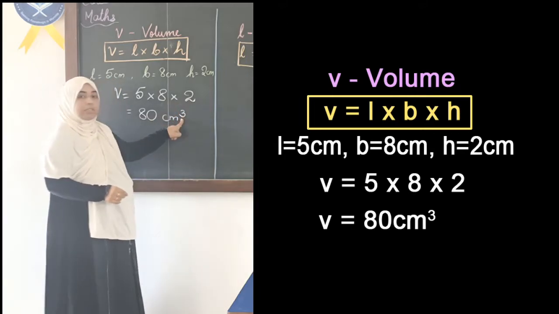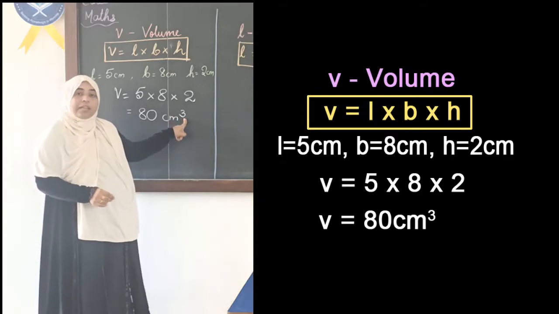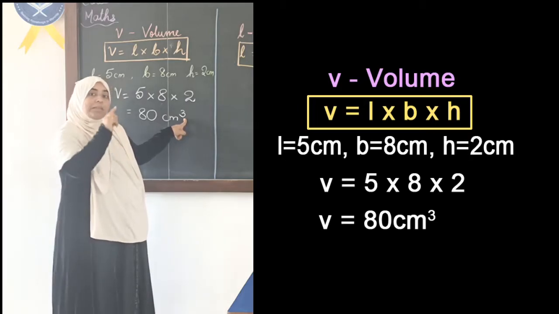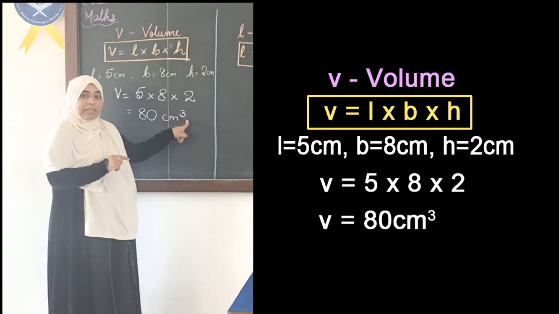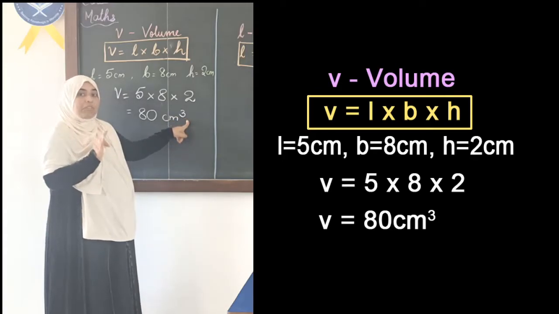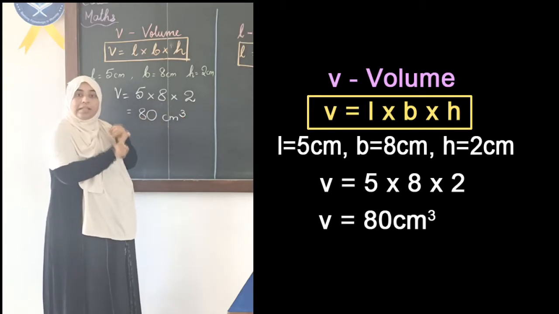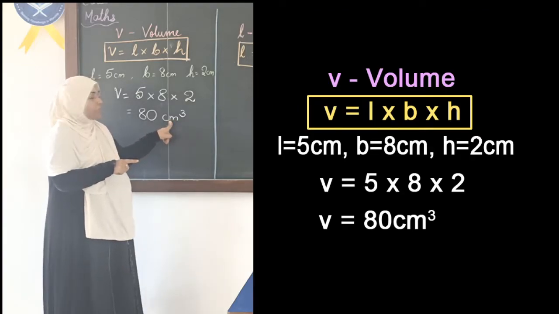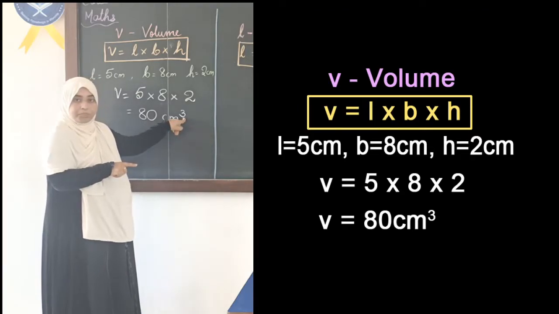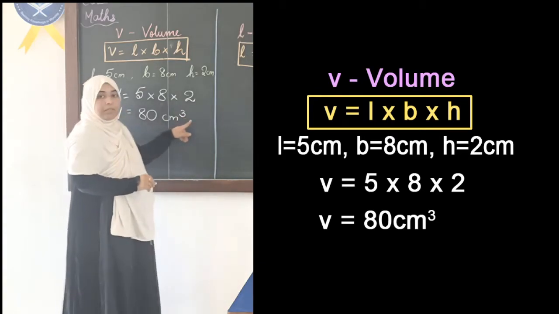You can see we write this unit for the volume as centimeter cube. Children, if you remember when we were calculating area, we used to write centimeter square. Okay, here we will write centimeter cube. Now, why are we writing cube? Because it is a 3-dimensional figure. Okay, this 3 shows that we are calculating volume using length, width and height. There are 3 things, 3 dimensions that we are using. So, we are writing the unit as centimeter cube. Okay, cube means 3. So, volume is equal to 80 centimeter cube.